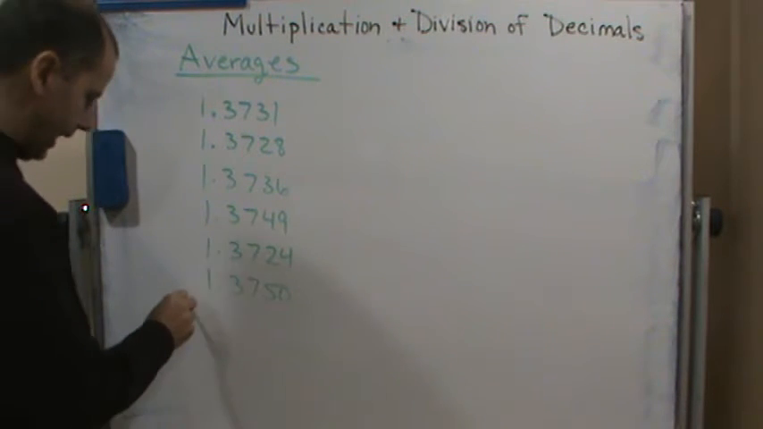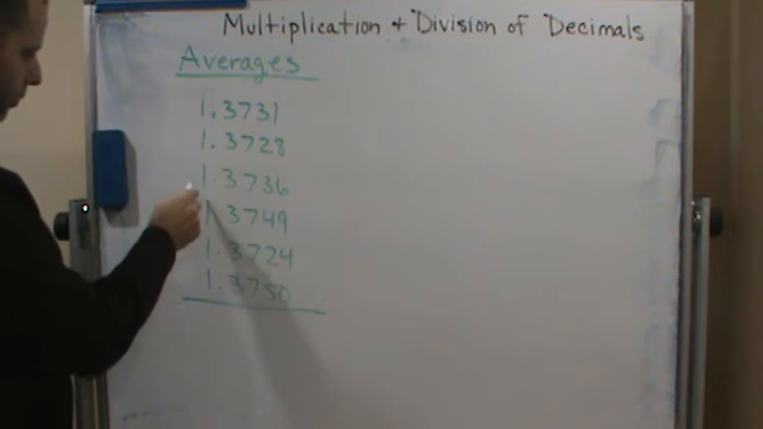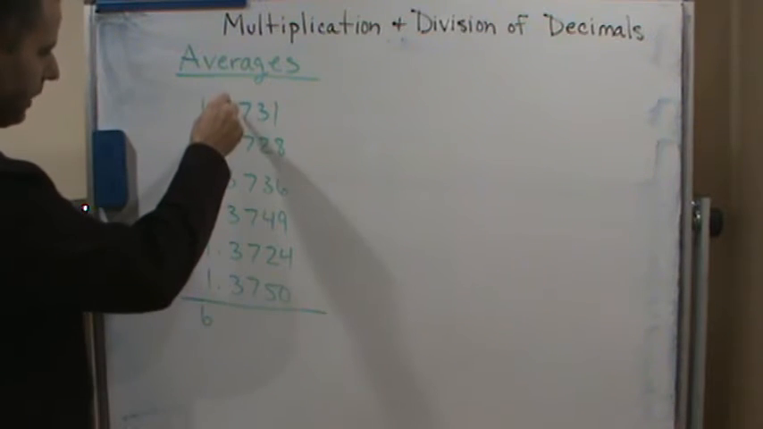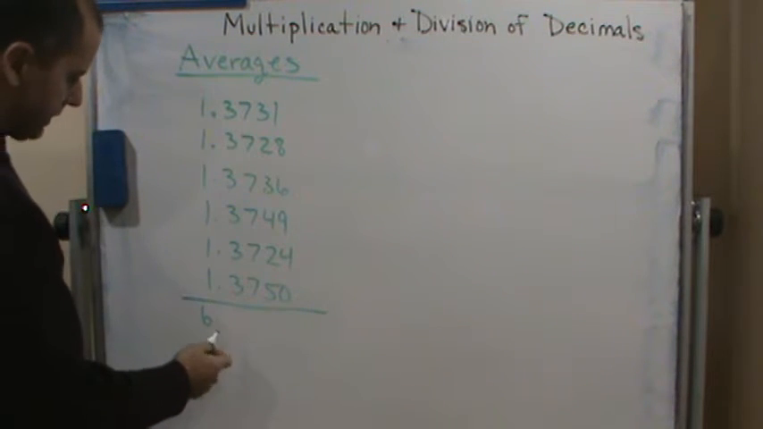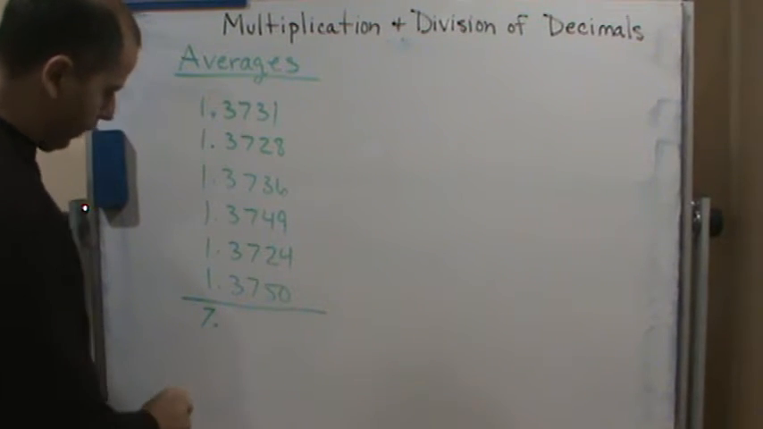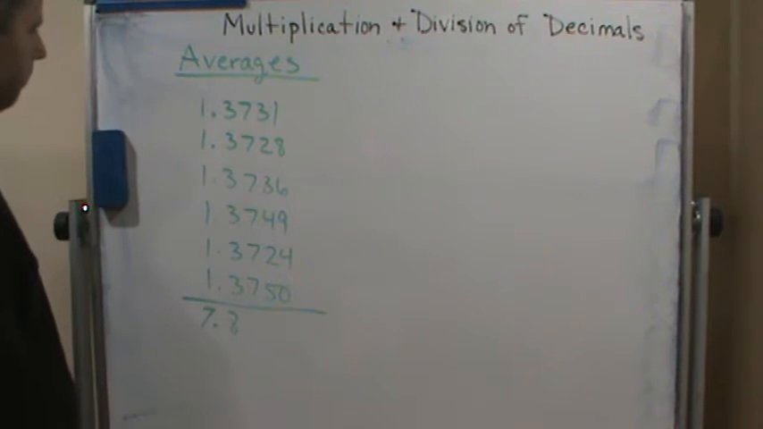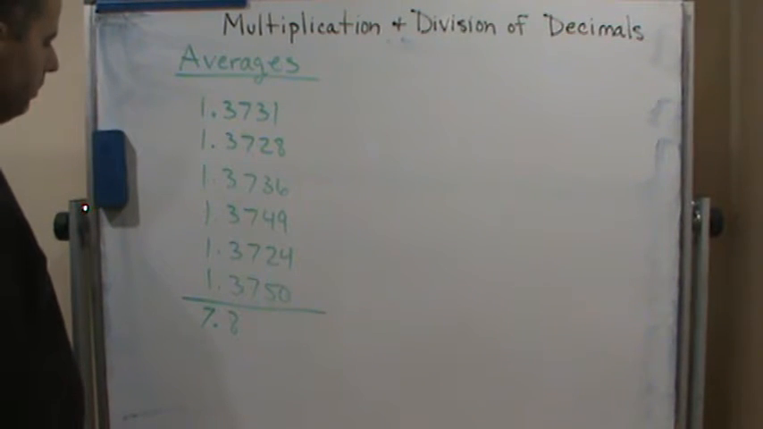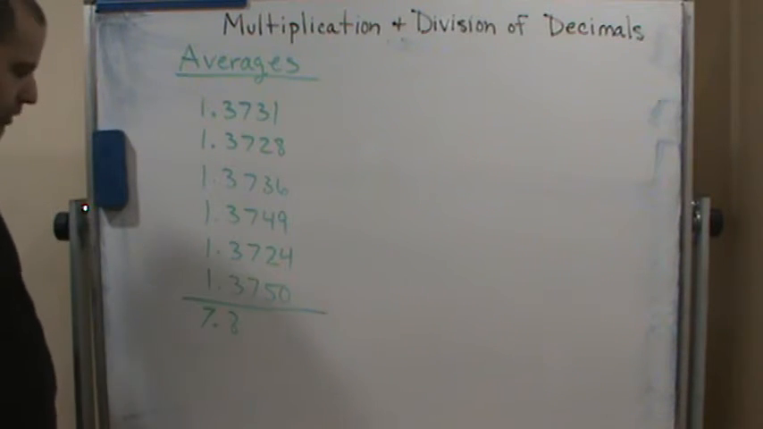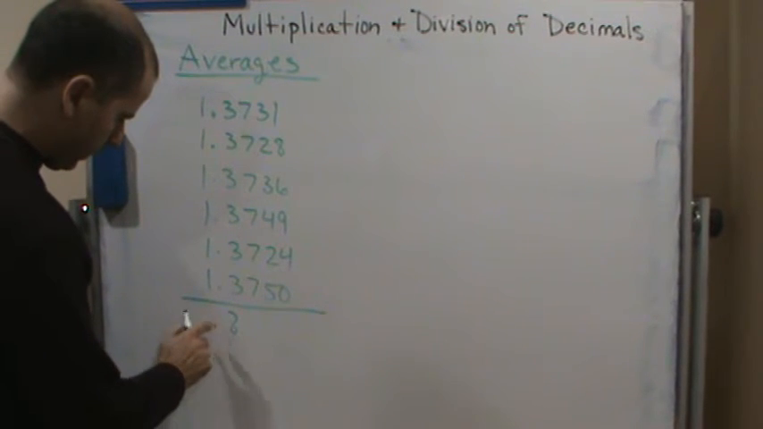So let's add these up. Okay, so I'm going to add them up. So we got 1, 2, 3, 4, 5, 6. Okay, and then we've got 3. So 6 times 3 is 18. So this is going to be 7.8. And then we've got 7s all the way down. So that's going to be 6 times 7, which is 42. So this is going to turn into